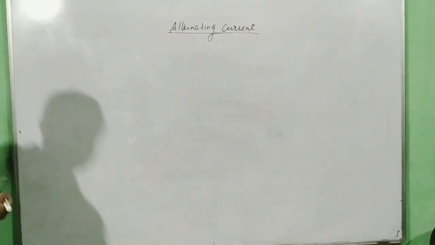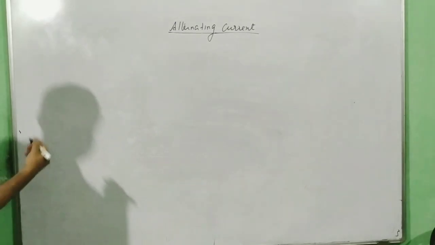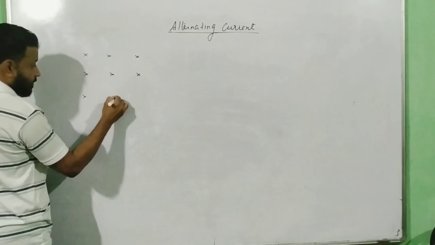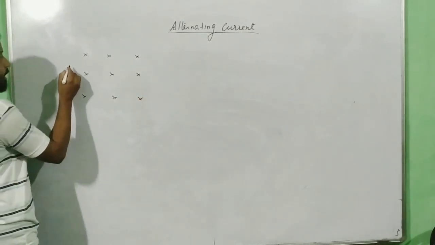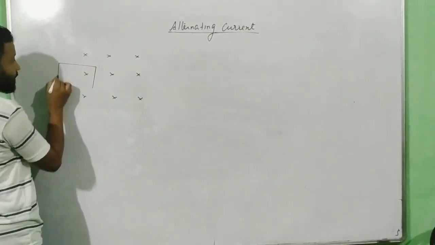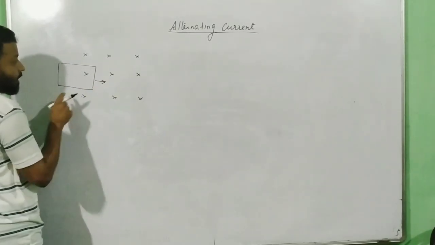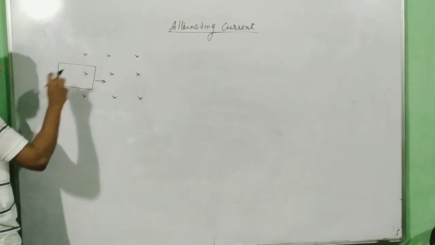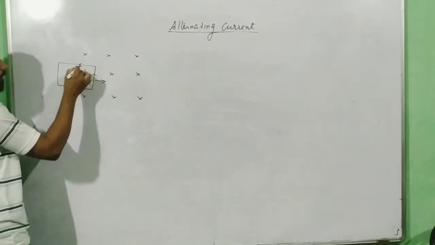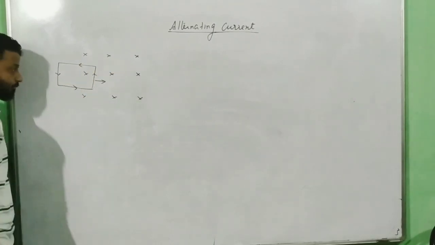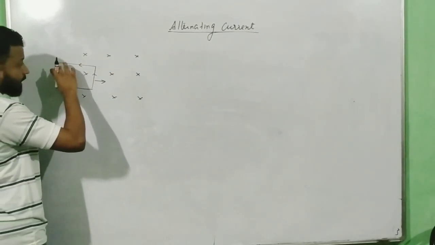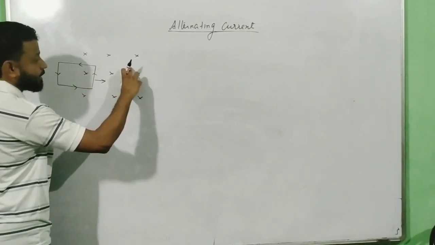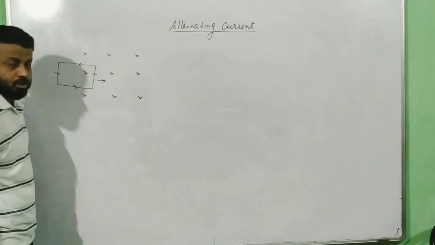of this chapter. Just to keep it as simple as possible, imagine you have this as a magnetic field region, and imagine that there is a loop here which is being dragged inside. As the loop is dragged inside, the flux will keep on increasing, due to which the induced current developed will be counterclockwise because the field is inside the board. This counterclockwise current will be developed till the entire loop gets inside the magnetic field region. After that, the flux will not change.